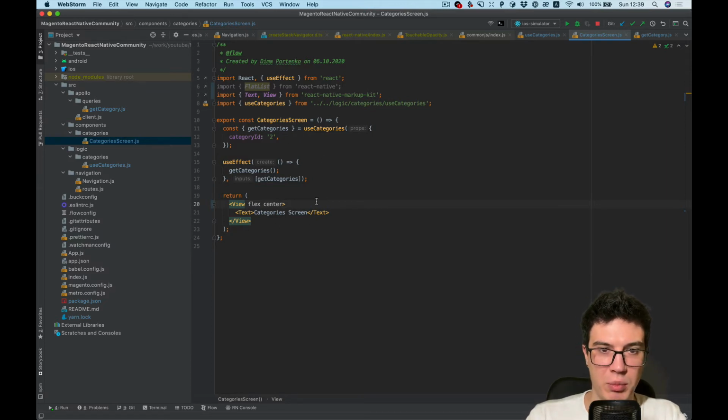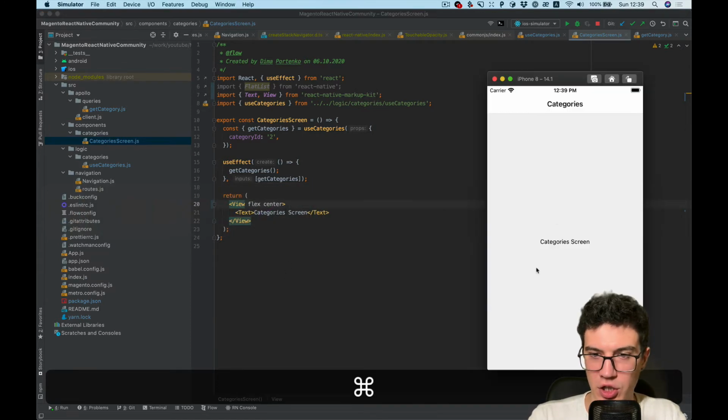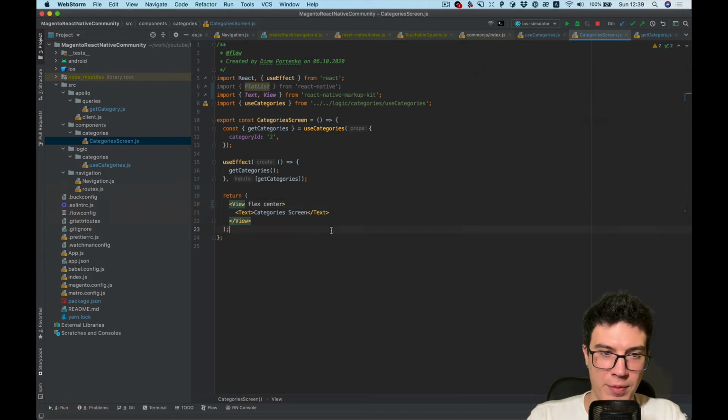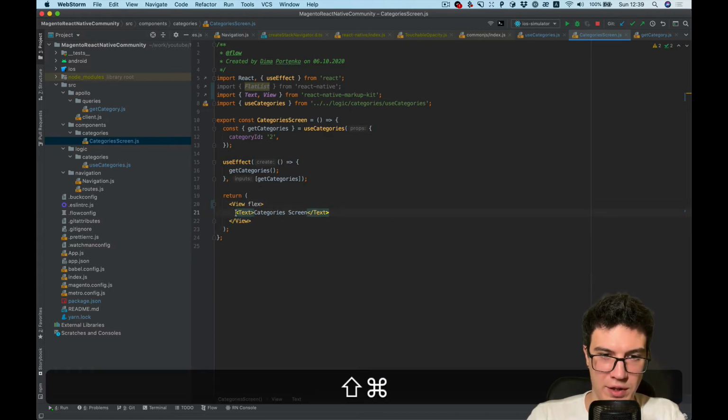That's the benefit that React Native markup kit gives us, and we can check it's the same result. Okay, we don't need center. Let's add the FlatList component,